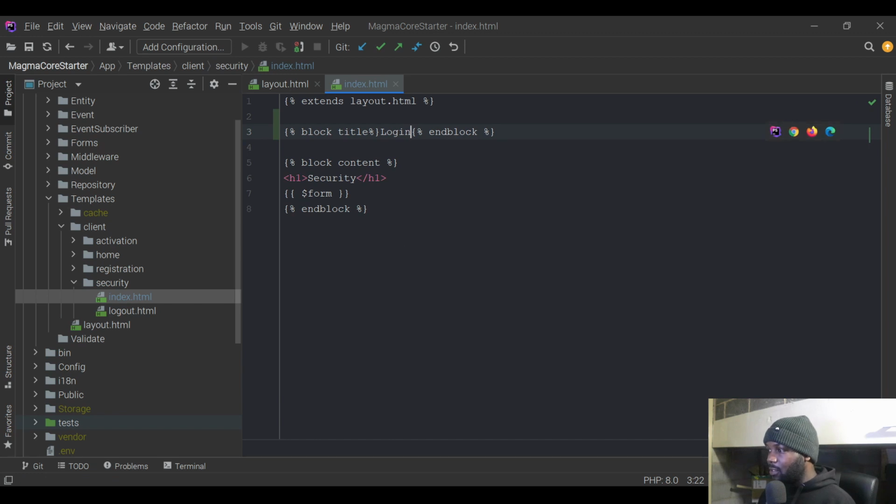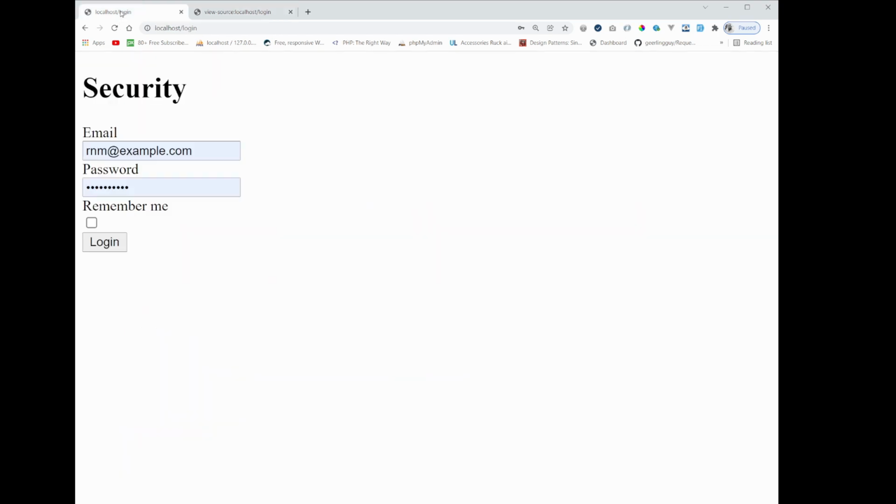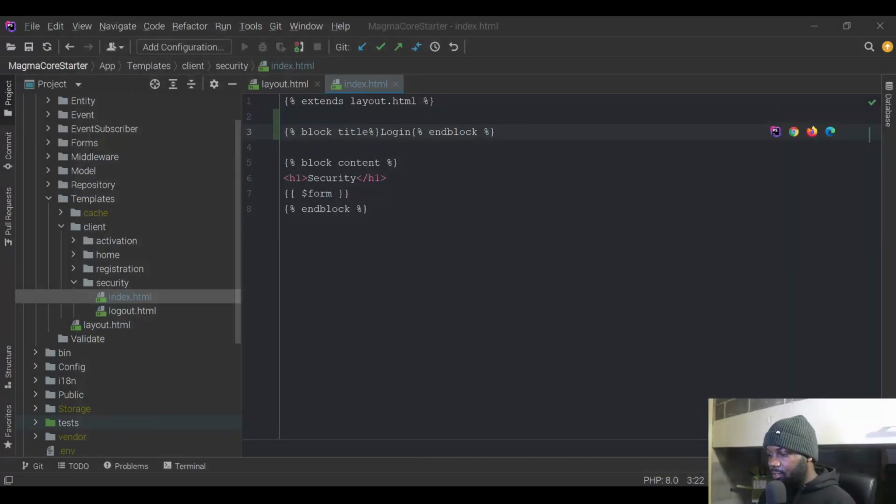Let's go back to our browser. I'm going to reload, and you can see now it says login. Right, so that is how we add blocks to our document. So if I go back onto my main page and reload, you can see now it says login at the very top in that tab. So back in our editor, if I go to my layout.html template,